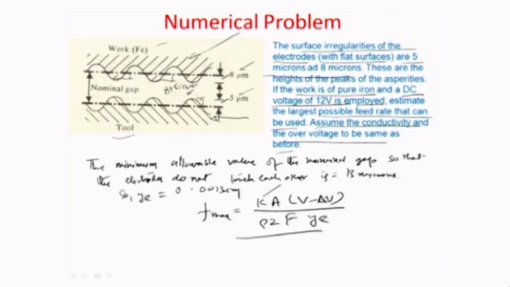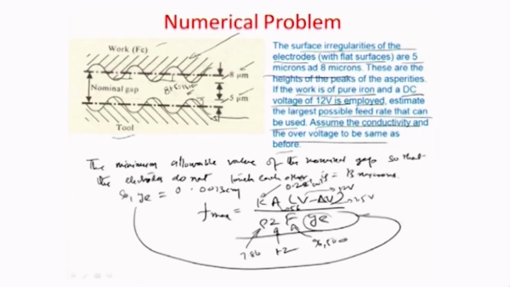The conductivity we can assume to be the same as the previous question, 0.2 ohm inverse centimeter inverse. The atomic weight is 56 grams, the voltage is 12 volts, the over voltage employed can be treated to be the same, 1.5 volts, and then of course you have the density of iron as 7.86 grams per cubic centimeter, Z is 2, Faraday constant is 96,500, and YE here is 0.0013 centimeter. So, the maximum allowable feed in this case gets defined as 35.7 millimeters per minute,